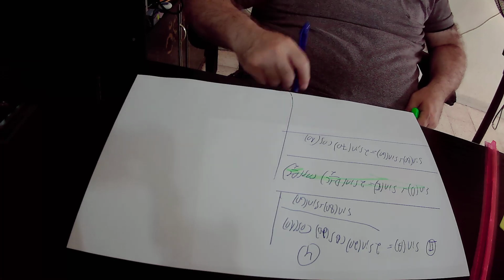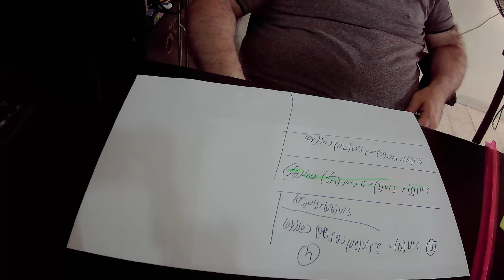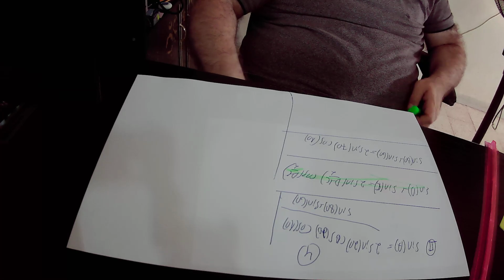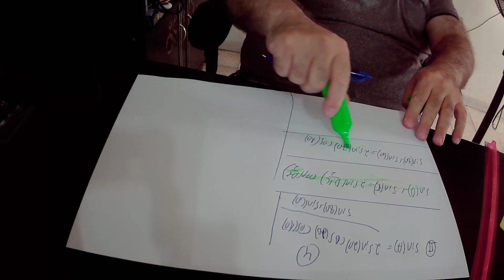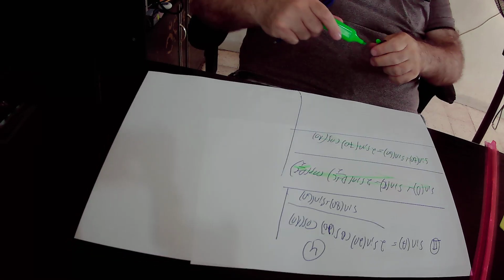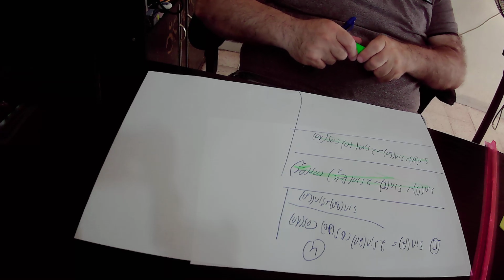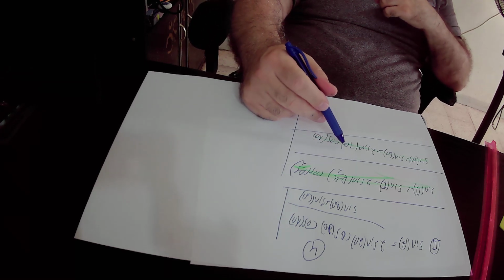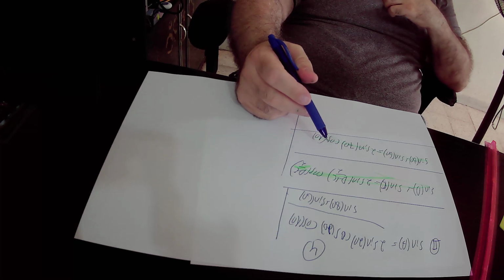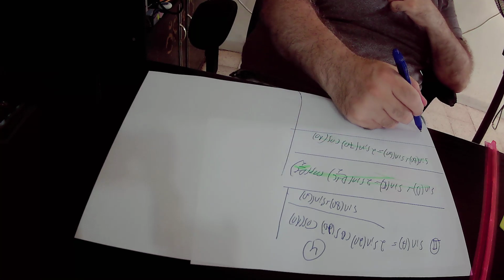So in conclusion, we found out that sine 80 degrees plus sine 60 degrees equals 2 times sine 70 degrees times cosine 10 degrees. Therefore, we substitute sine 80 degrees plus sine 60 degrees in equation number 2 here by 2 times sine 70 degrees times cosine 10 degrees. And we get that according to equation number 2,